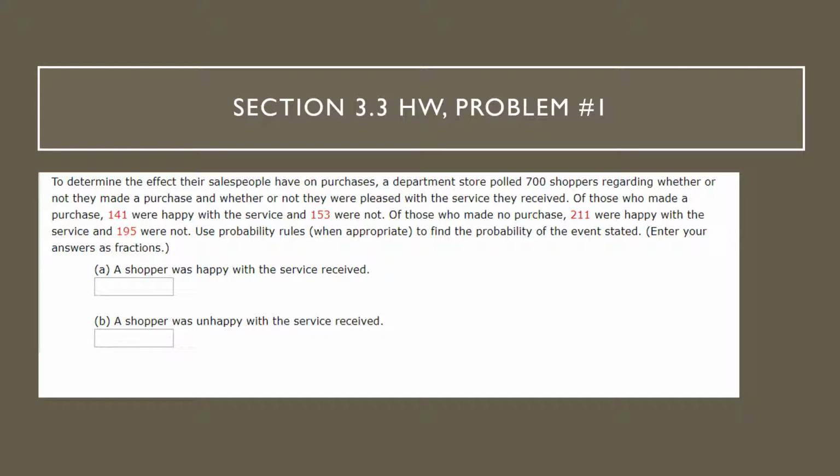Alright, so first thing we're looking at is the probability that a shopper was happy with the service received. Alright, so we know probability is success over total. Well, the first thing that jumped out to me when I read this problem was the 700, which is our total. Alright, so success over total, 700 is going to be our total. Now,